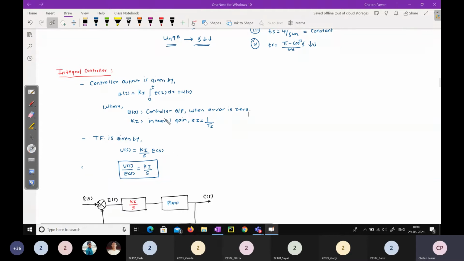Like this, the controller output in time domain is given. Here you can see Ki is the integral gain, and it is related to Ti this way. It will be inversely proportional to Ti. So if you want to calculate a transfer function,